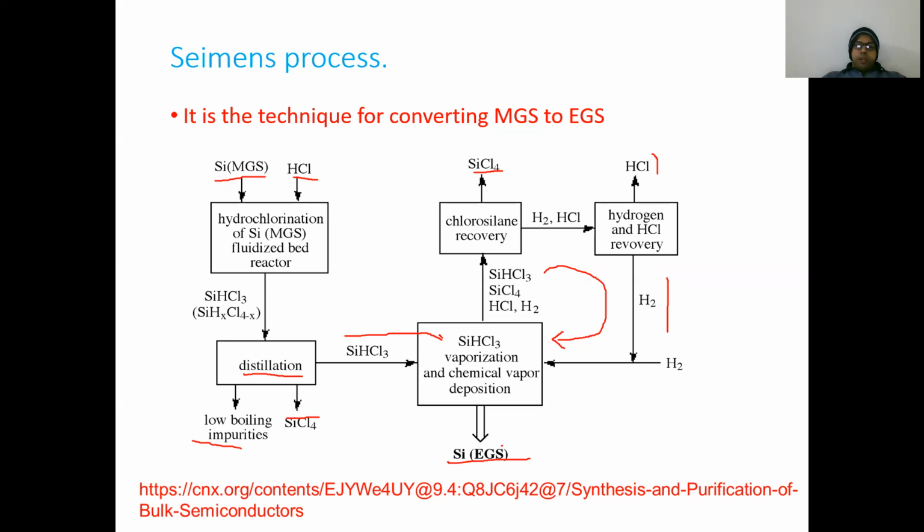So no need to get into much detail. But I want you to just be aware of what is happening: how hydrochlorination is taken, that distillation is being done, which you are already aware of. Then we go for recycling to avoid unnecessary wastage of your silicon, and using this process we are getting electronic grade silicon. So this particular process is called the Siemens process, although there are certain other processes that can be used, but they are not getting much importance. Only the Silane process is currently getting some importance these days. Otherwise the Siemens process is preferred.